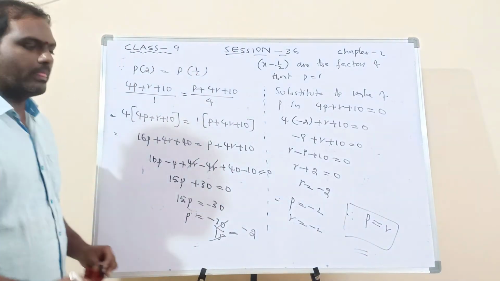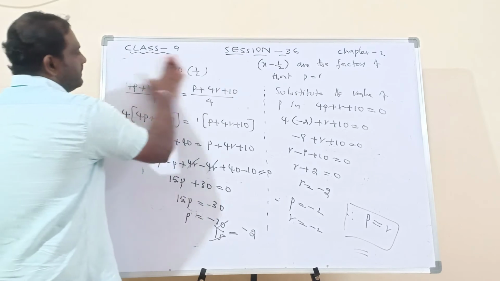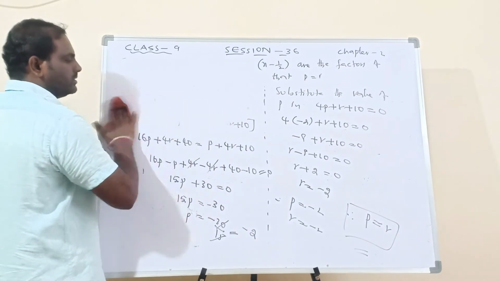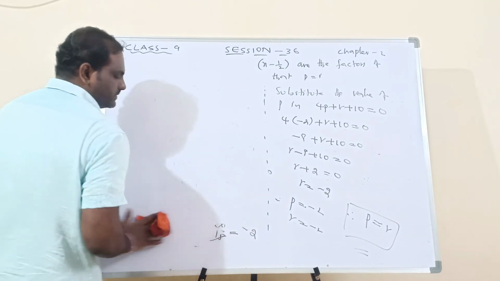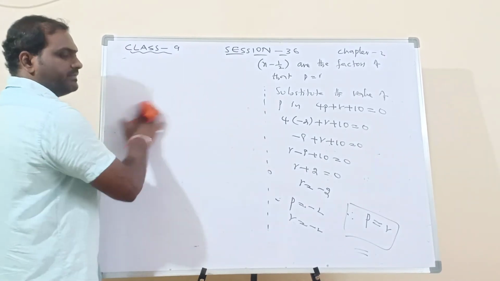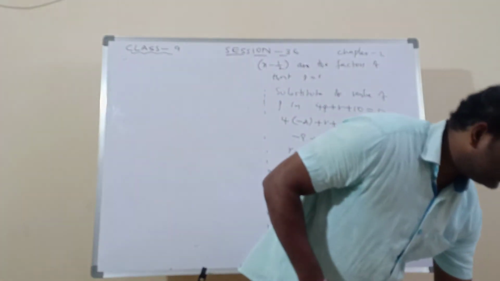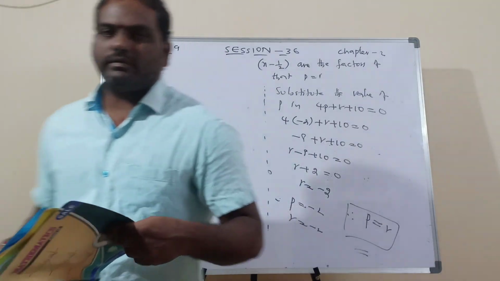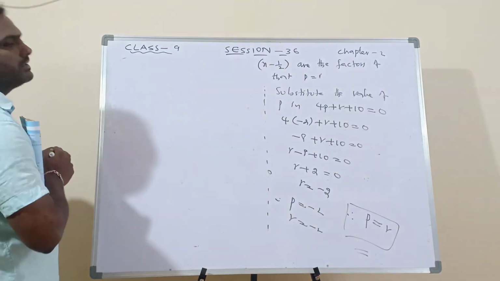This is the proof. Okay, that's all. In this case, what do we have to do? Whenever both are given as factors of the given polynomial, we have to equate them. Why do we have to equate? If it is a factor and you substitute it, you will get 0. So when you substitute both the factors, both the values are 0. That's why we have to equate that.